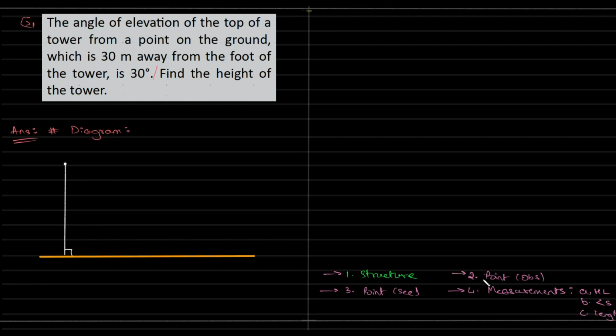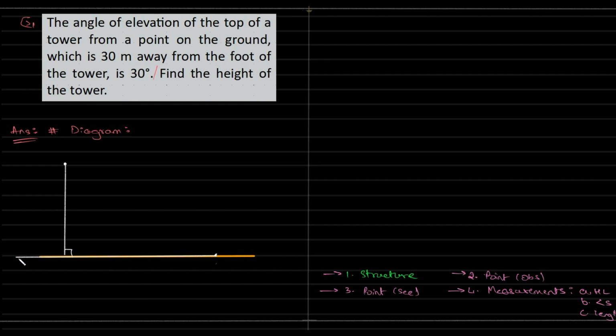Next we have to talk about the point of observation. What is it that we are observing, and the point from where we see. So we are observing this from here. Okay. So this is where we are observing from. So from where we are observing, we need to draw a